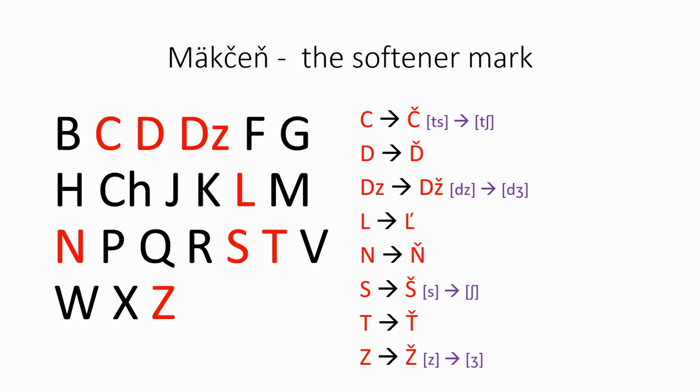However, not all letters attract the softener mark to palatalize in Slovak. The four examples marked with the purple text are those where the sound changes instead of simply becoming palatalized. I will go over all the sounds now and explain a little bit along the way. C, č, d, j, z, j, l, l, n, ň, s, š, t, ť, z,